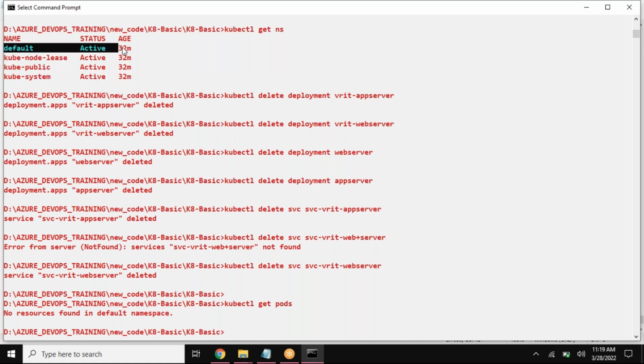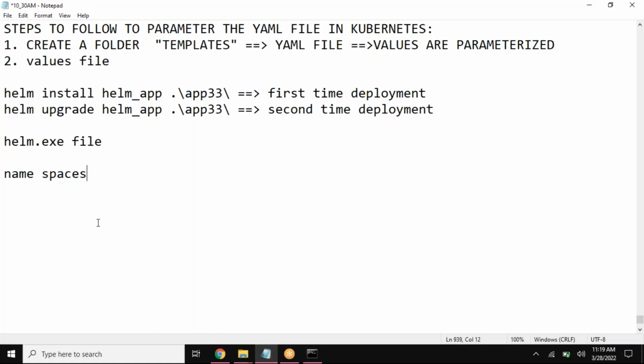Whatever you're trying to create, everything will be pointing to my default namespace only in here. Suppose I don't want to use my default namespace. I want to create my own namespace. Is it possible? Yes, of course it is possible. So what you have to do is write a syntax like kubectl